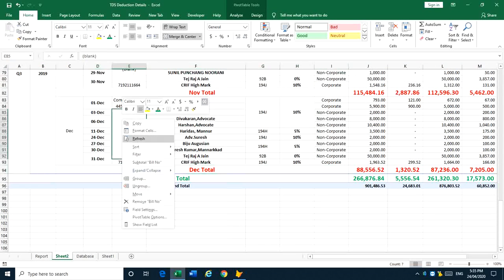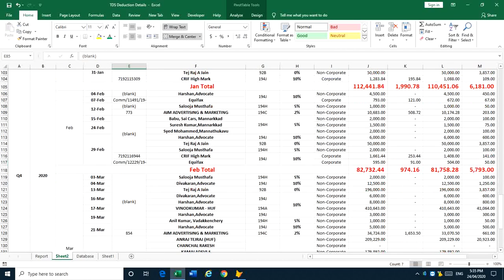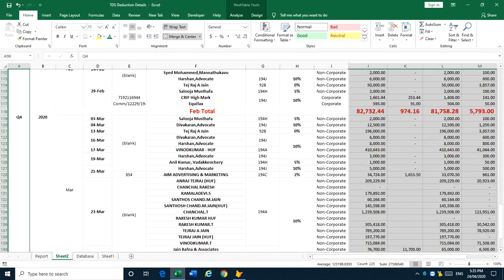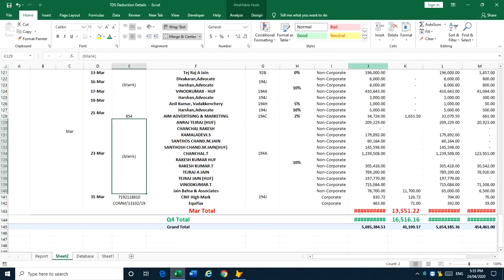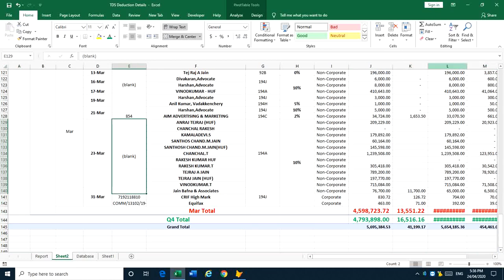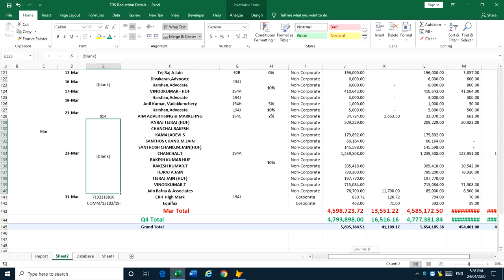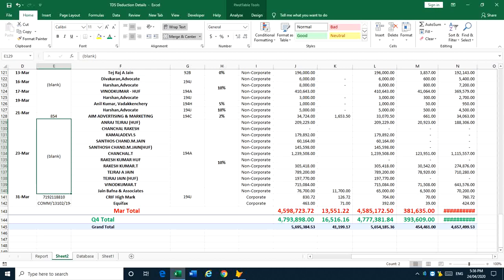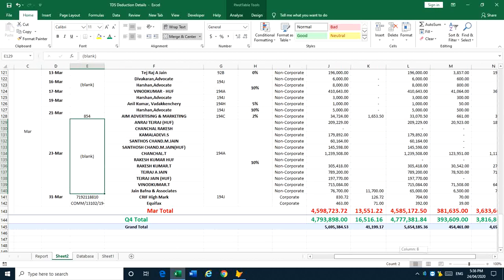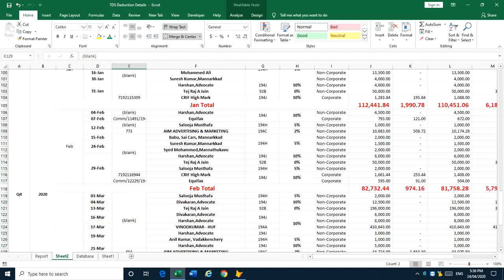Q4 data loaded. Now we have all the data. Now set the column size as per the content. All the reports are generated now.